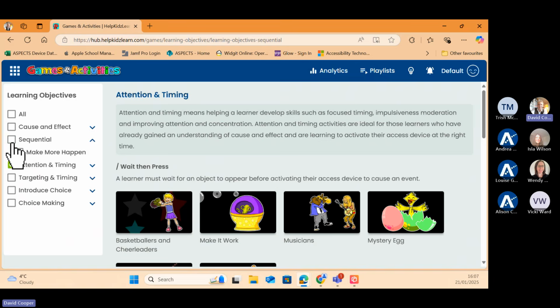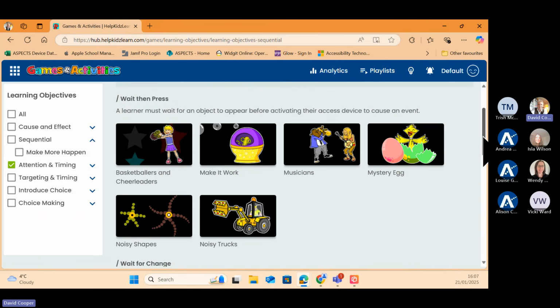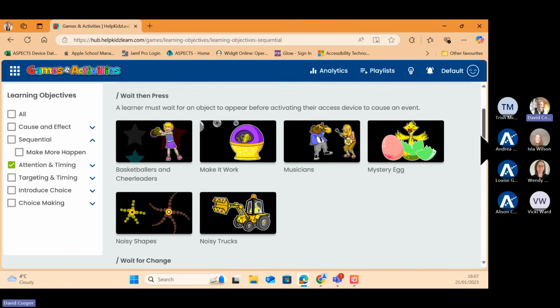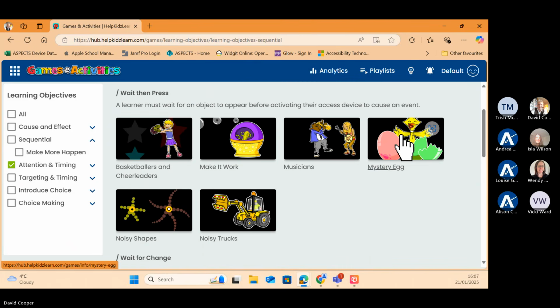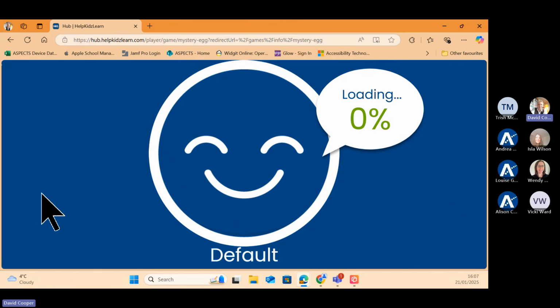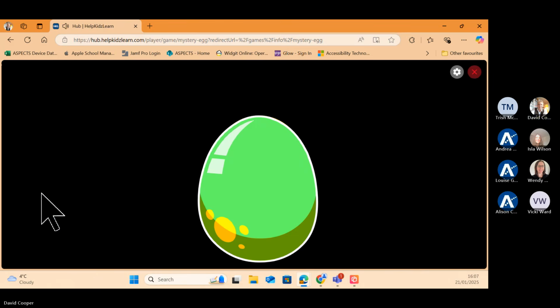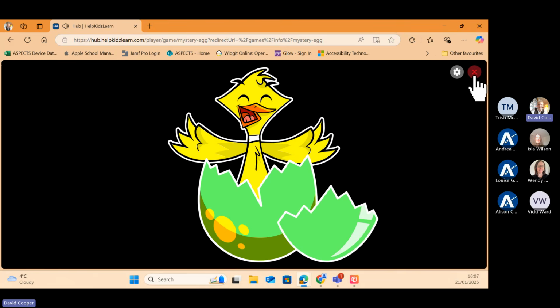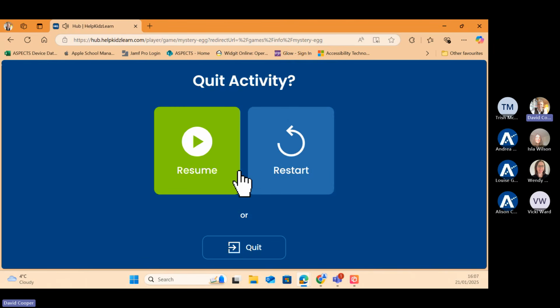The next step is attention and timing, and this is where we generally find the most benefit with children with ASN who would maybe be struggling. So we have mystery egg. The children need to wait before they press the button. Another important skill if using switches. So now it's pinged. I can now click the egg and something's going to happen. But if I click before, nothing happens at all